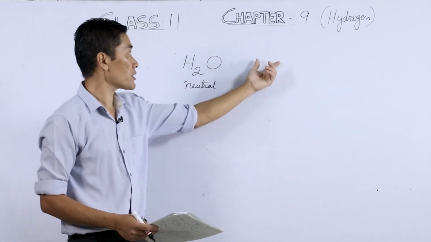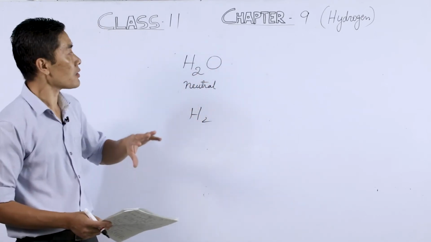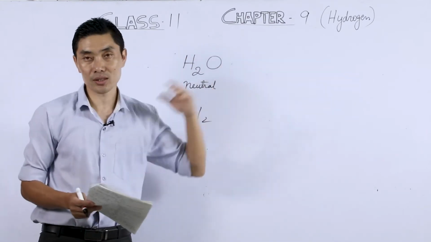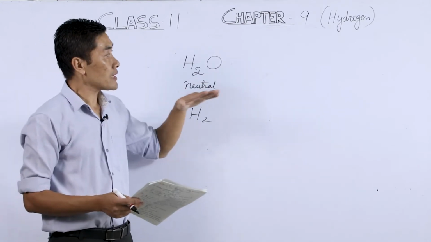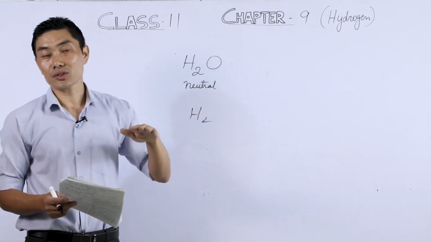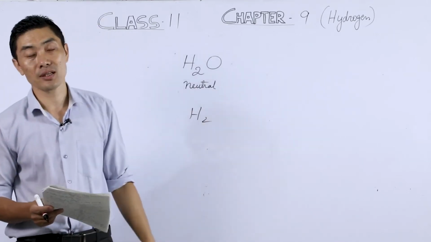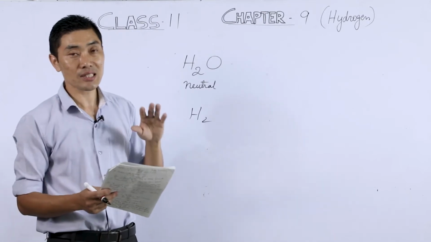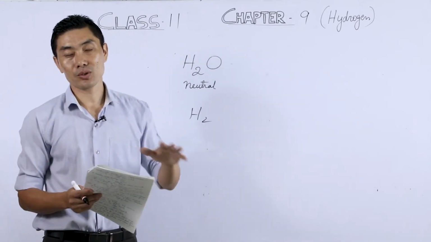In its metallic nature, it differs from that of the alkali metals. So these are again some properties where hydrogen differs from both alkalis as well as the halogens. Since it resembles both these groups of elements in certain respects and differs from them in other respects, it is more appropriate and more justified to assign a separate position to hydrogen in the periodic table without associating it